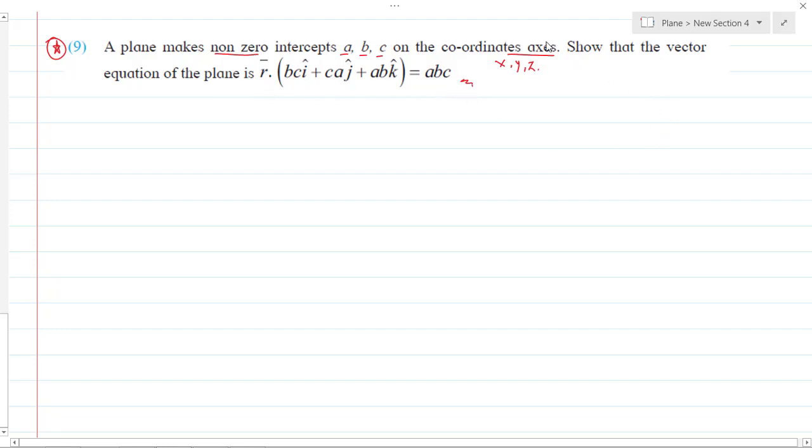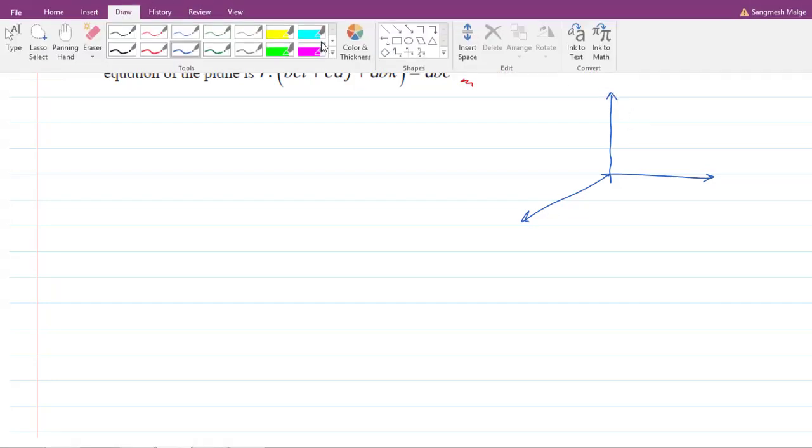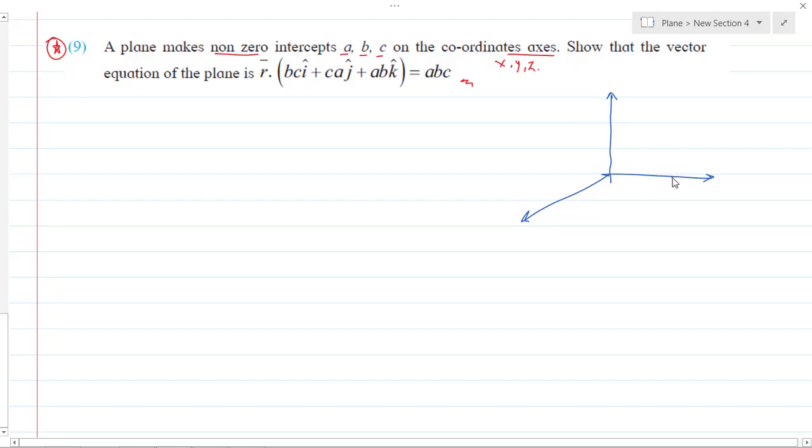See here, I have already explained the concept. Suppose this is the y-axis, x-axis and z-axis, and we have the intercepts made by the plane. So let me write the intercepts like this. a is on the x-axis, so its coordinates become a, 0, 0. b is on the y-axis, so its coordinates become 0, b, 0, and c on the z-axis, so it becomes 0, 0, c. Now the plane is intercepting this, so I can say this is what my plane is.